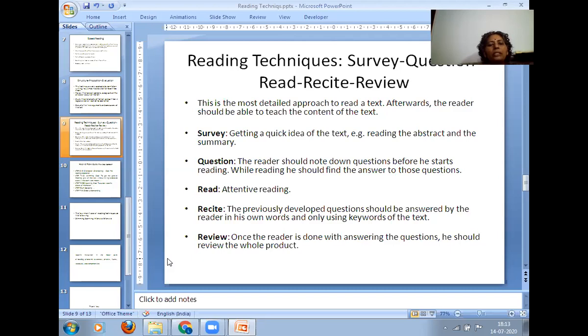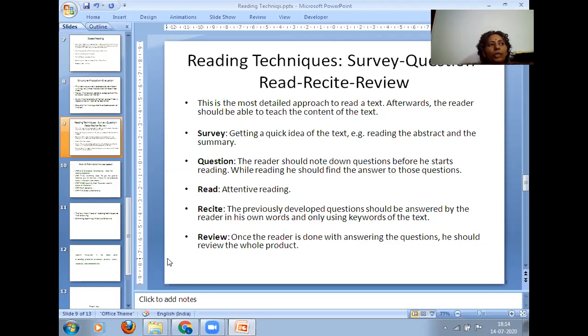Next one is read, how to read, attend to reading. While reading you are going to identify the content words, the words which you need for your preparation. In attend to reading, you are going to identify the plot or analysis, how it was done, like that. So everything you are minding, how many characters, whether the characters are flat characters or round characters, like that you are going to do everything with great attention while reading.